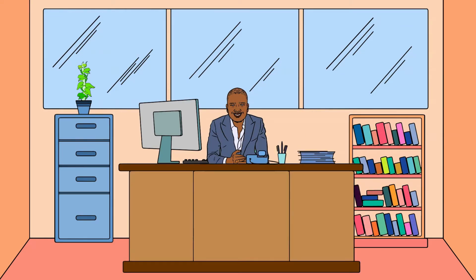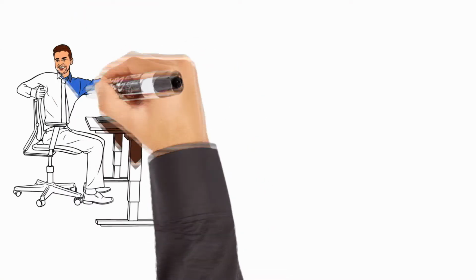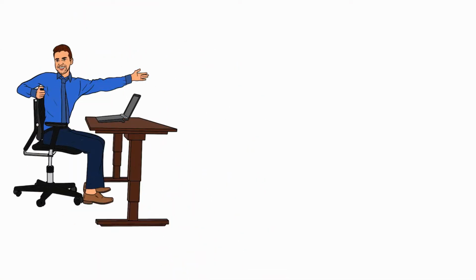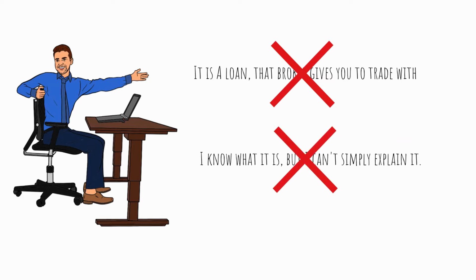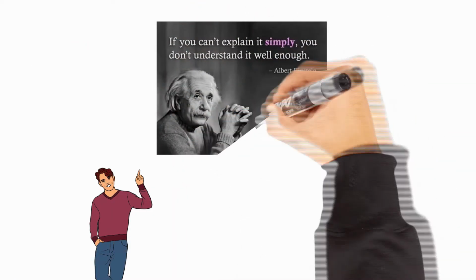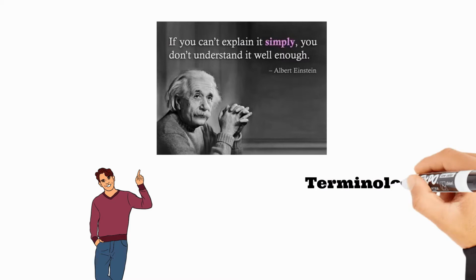Most commonly, there is a trader that has traded anything from 6 months up to 2 years, and I ask a simple question: what is leverage? The answer is most commonly one of two. Either they say it is a loan that the broker gives you to trade with, which is utterly wrong, of course. Or the second one is something along the lines of, I know what it is, but I cannot explain it. And when I stop myself from laughing or join the laugh with the trader, I always remember the quote from Albert Einstein: if you cannot explain something simply, then you don't understand it well enough.